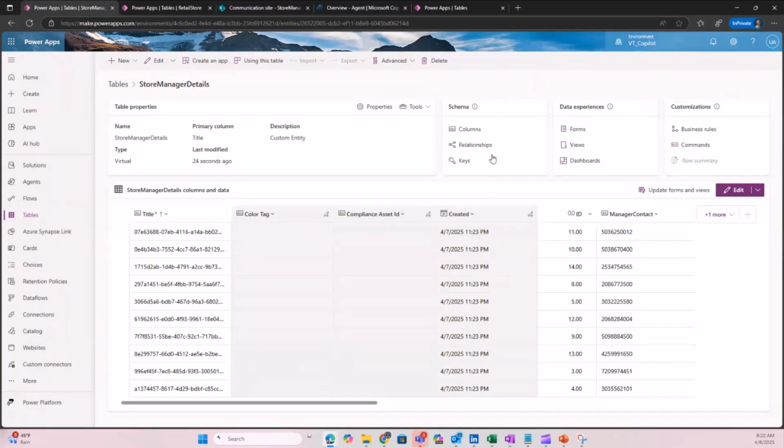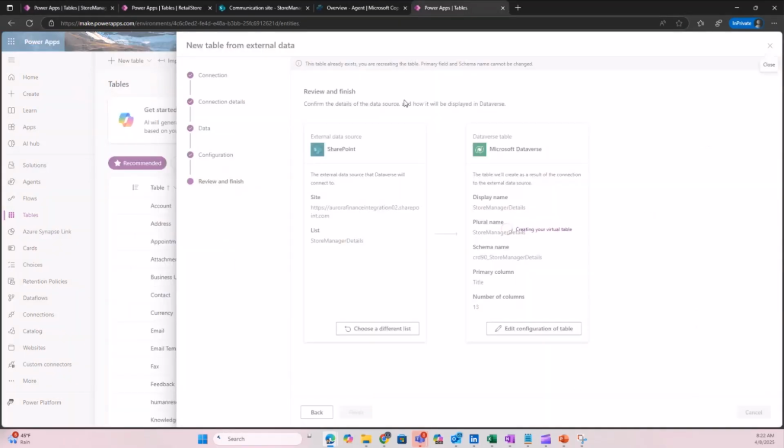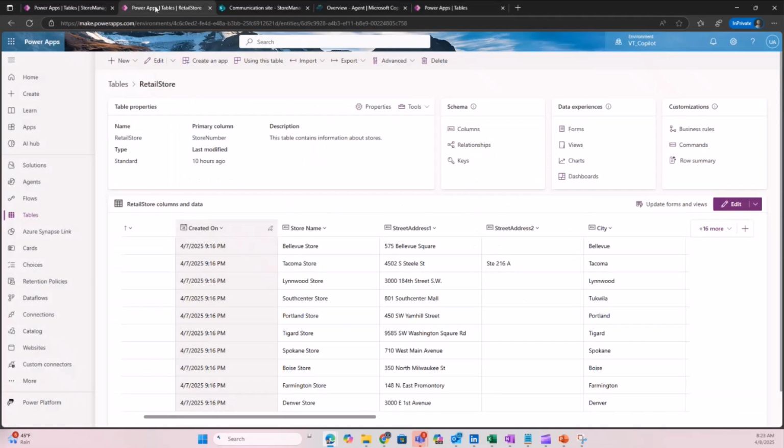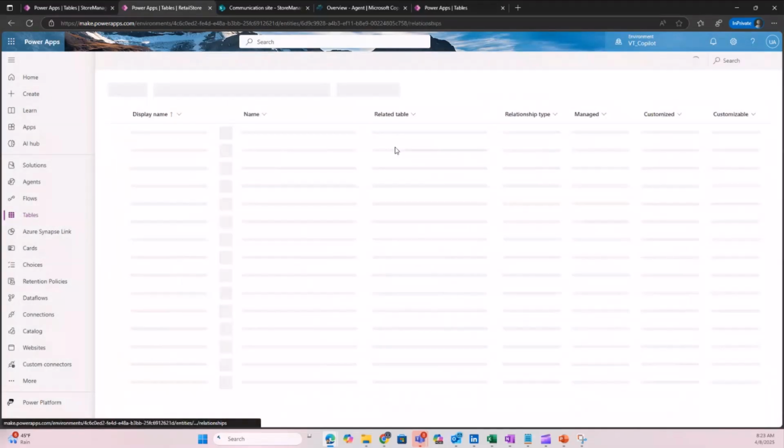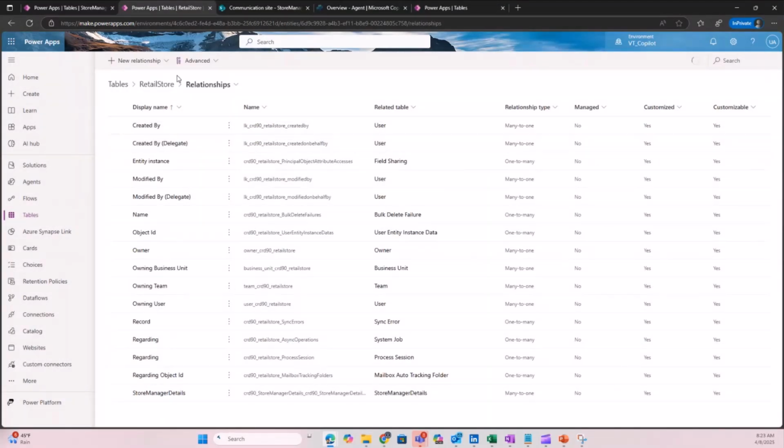The next step in this process is to create a relationship. When you click on this table, let's see if this is also created. Okay. When you click on this relationship, you can go ahead and create a relationship. In this case, you can create many to one, one to many, or many to many relationships.